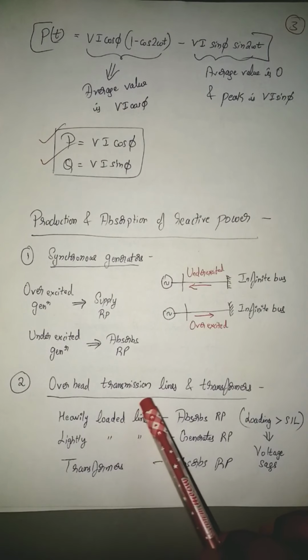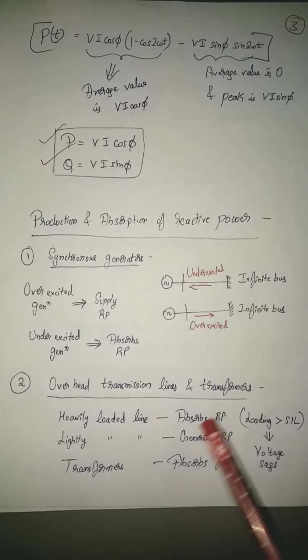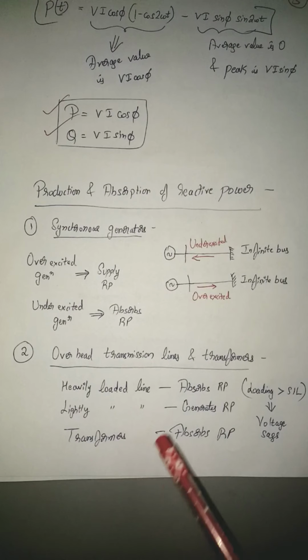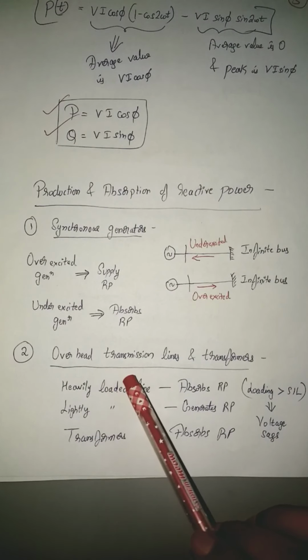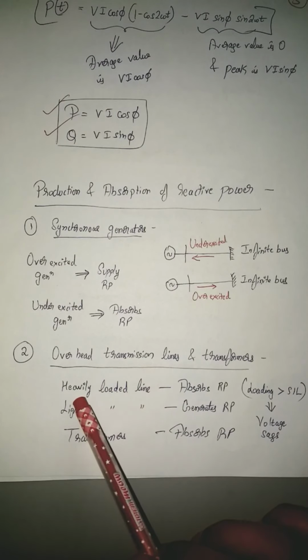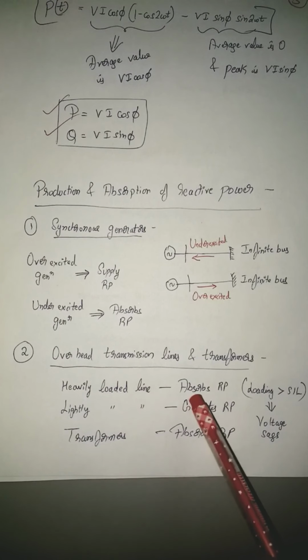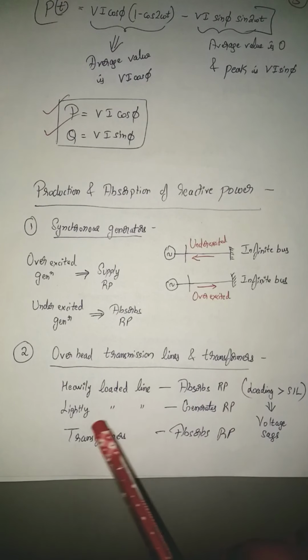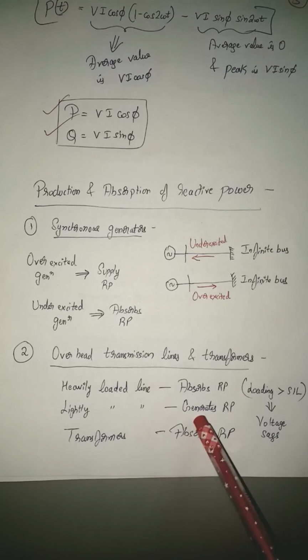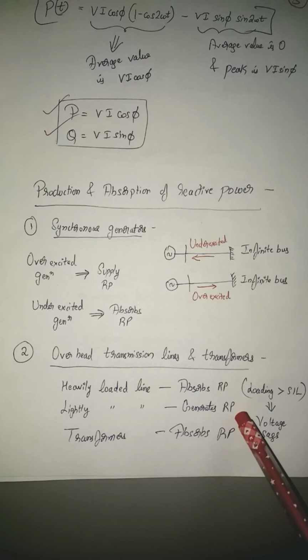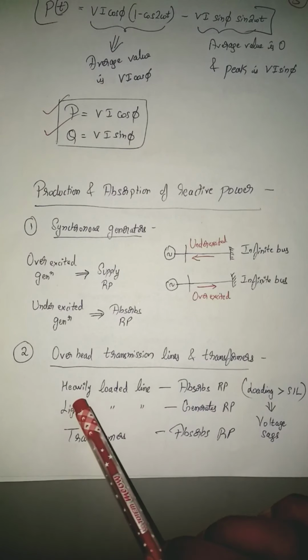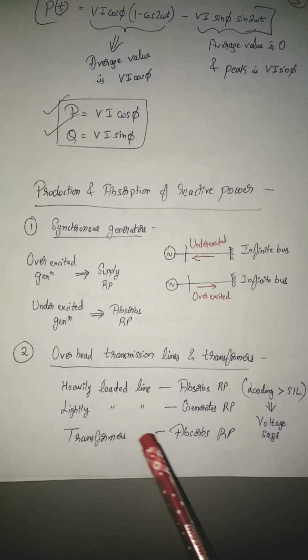Next, coming to overhead transmission lines and transformer. Here we say again, when it comes to overhead transmission line, if the line is heavily loaded, it will absorb reactive power. If the line is lightly loaded, it generates reactive power. You have already studied about short, medium and long transmission lines in your T&D subject. What I refer to as heavily loaded, coming to that,